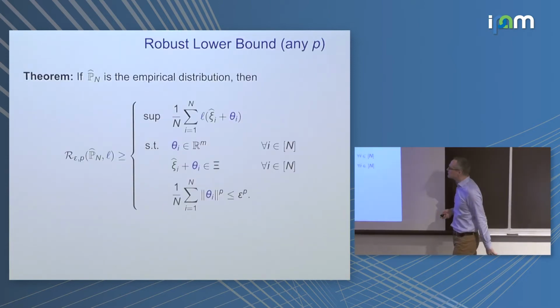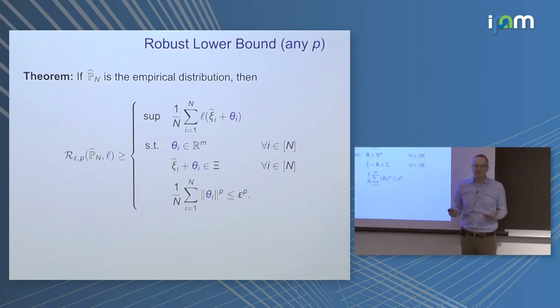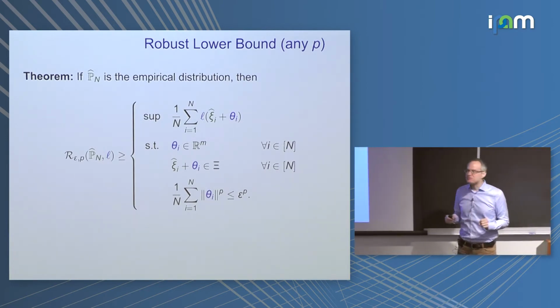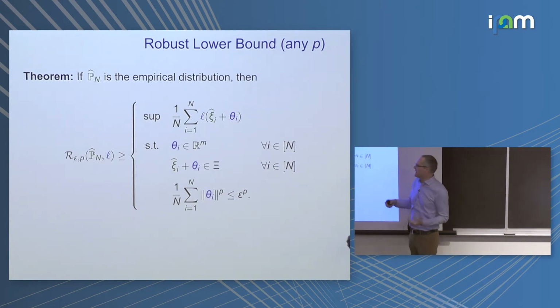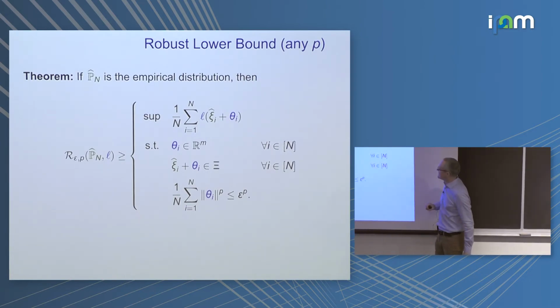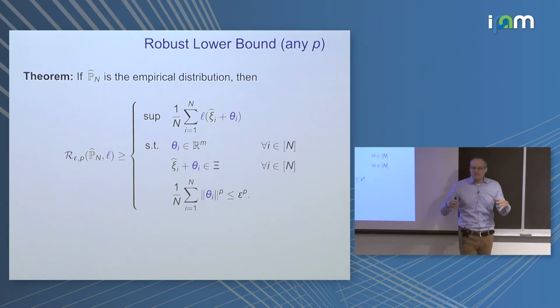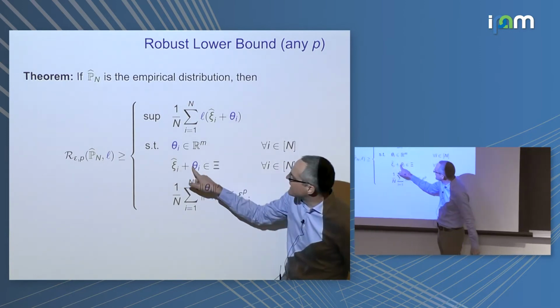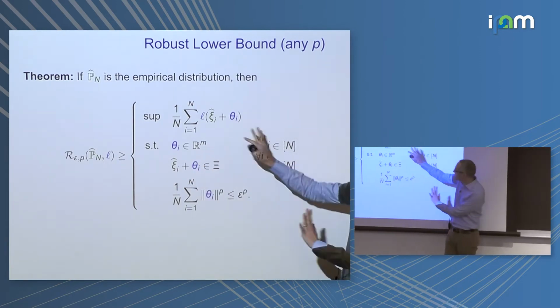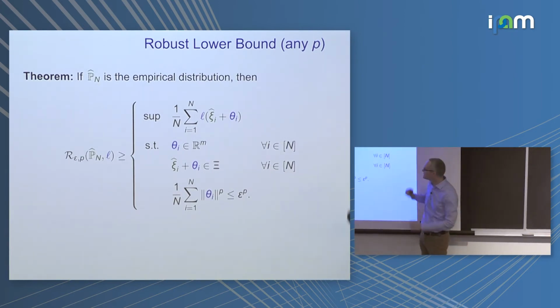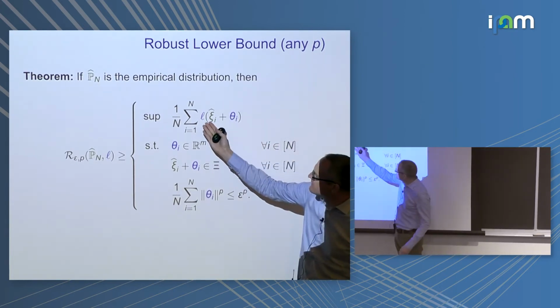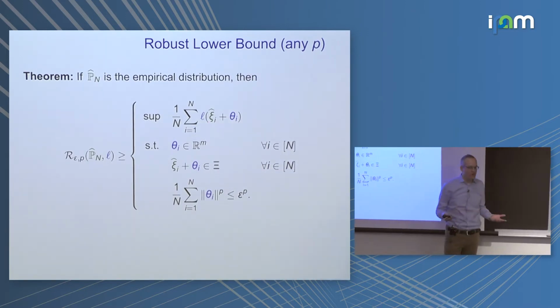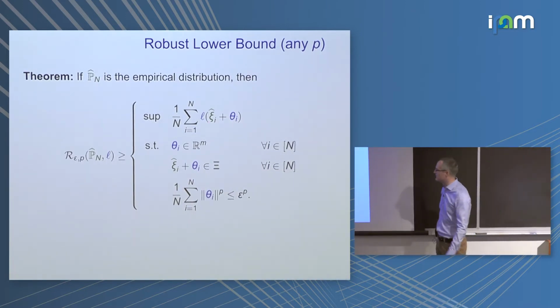So the first thing I would like to do, in the situation when we work with the discrete empirical distribution, is to propose an optimistic lower bound on the worst case risk. And this lower bound is obtained by reducing the Wasserstein ball to a subset that contains only perturbed empirical distributions, where I'm only allowed to move training samples around. So basically each training sample I can shift by an amount theta i, and I'm optimizing over all such possible discrete distributions. So this gives me a lower bound, and this is actually a convex optimization problem if my loss function happens to be concave. So in this case, we should expect that this is easy to evaluate. Okay.